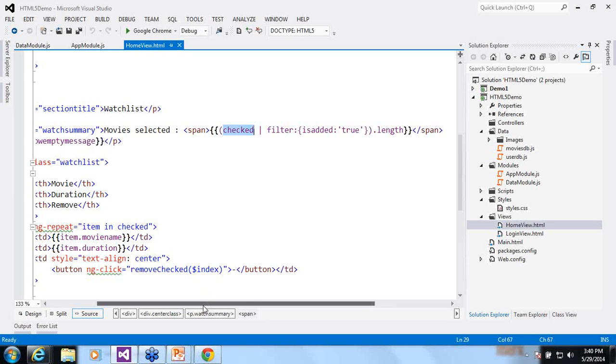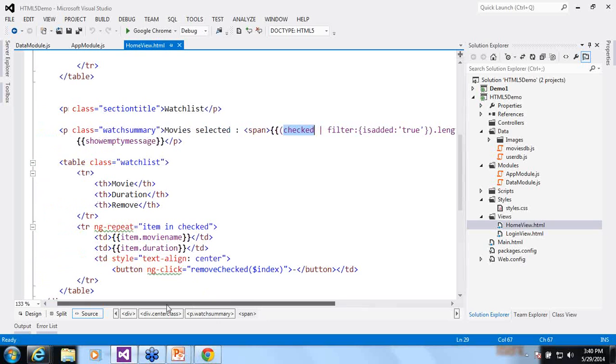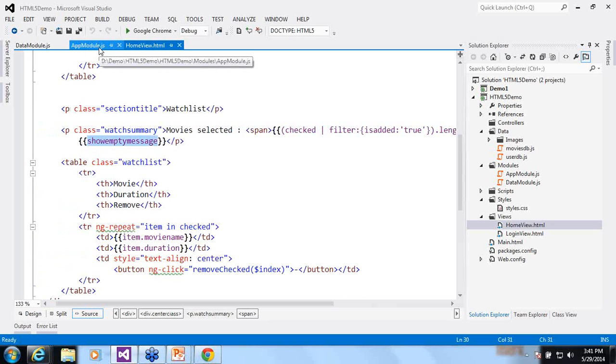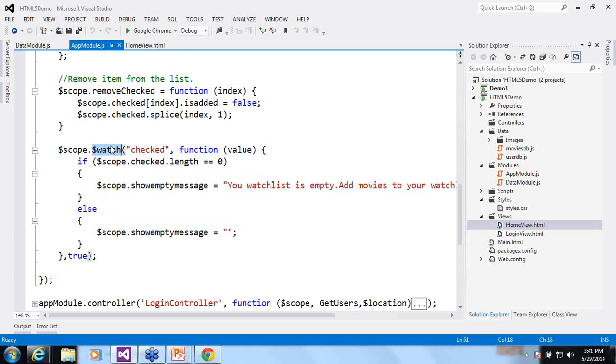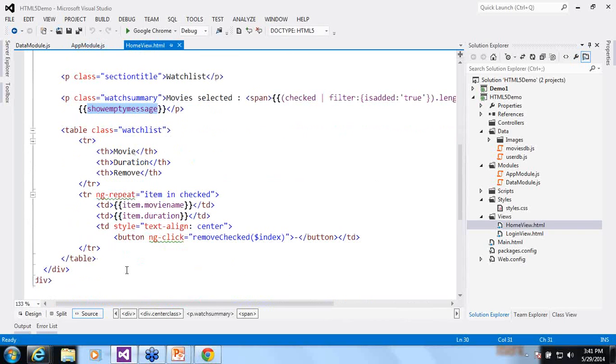And finally, there is a show empty message which I have written in my app model.js. The logic is there. I have used the watch functionality, which shows that if the checked length is 0, then your watch list is empty. And finally, this is my ng-repeat directive, again used for iterating over the checked items.